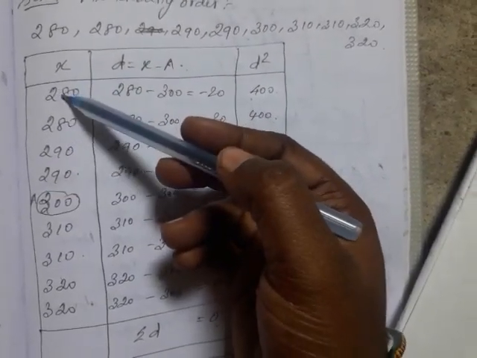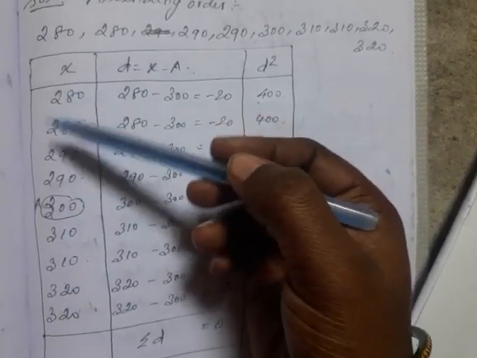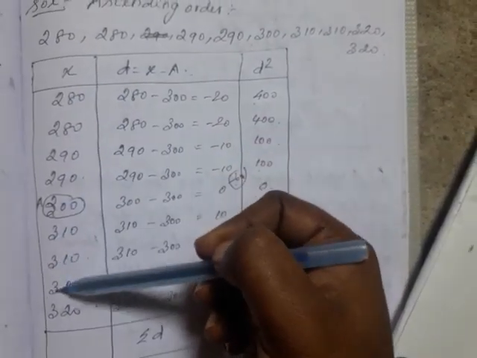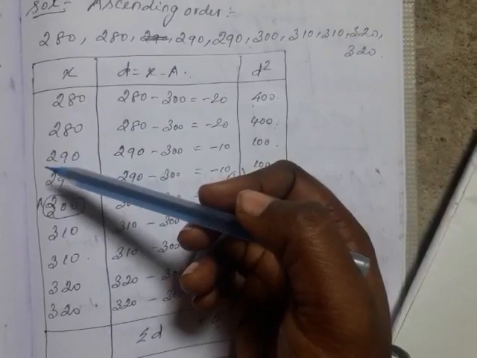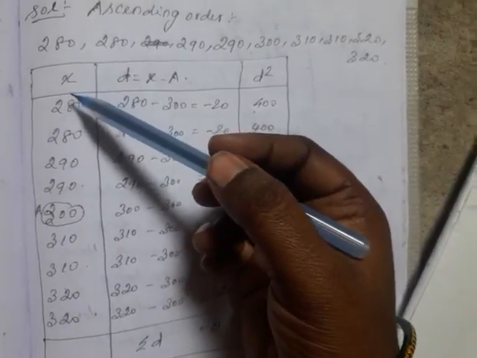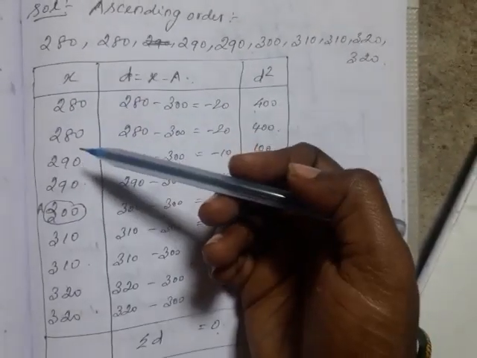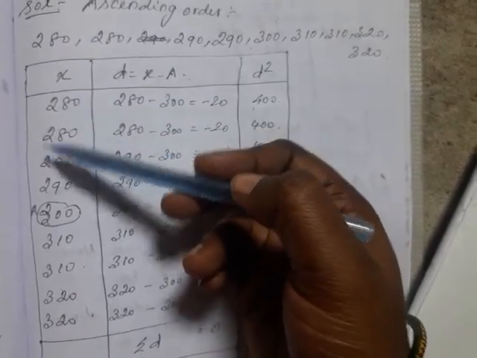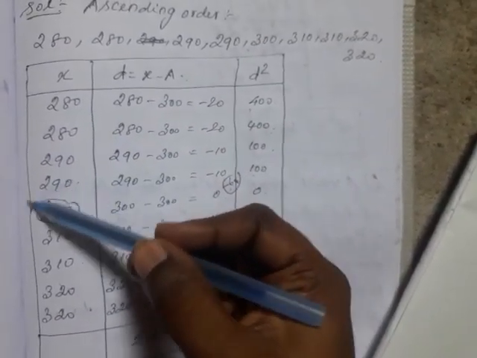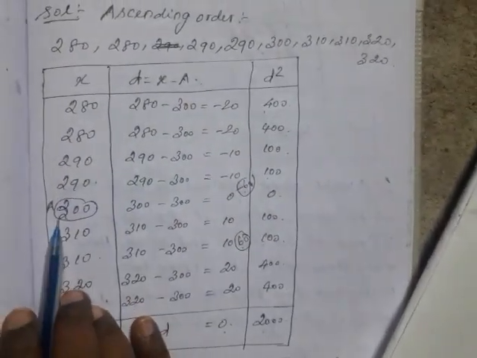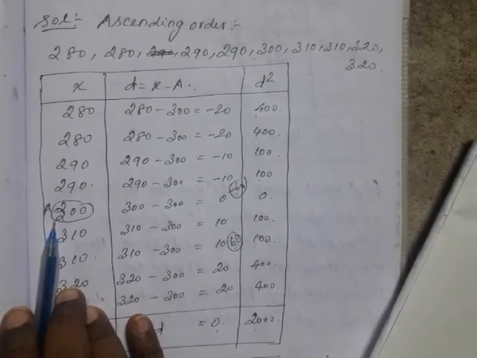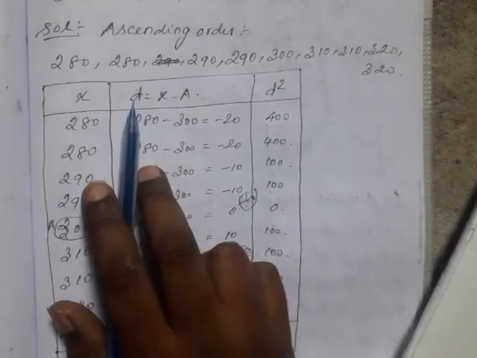First you have to count how many data are given: 1, 2, 3, 4, 5, 6, 7, 8, 9. So the details of 9 workers are given. 9 is an odd number, so easily we will find the assumed mean. Which is the center value here? 300 is the center value, that is the assumed mean.